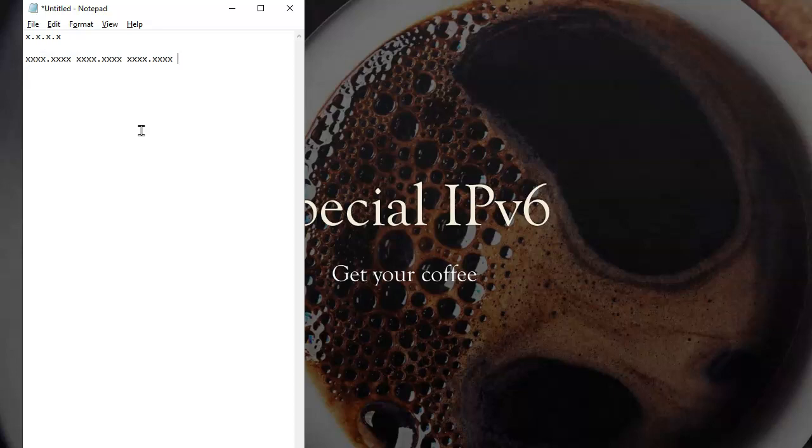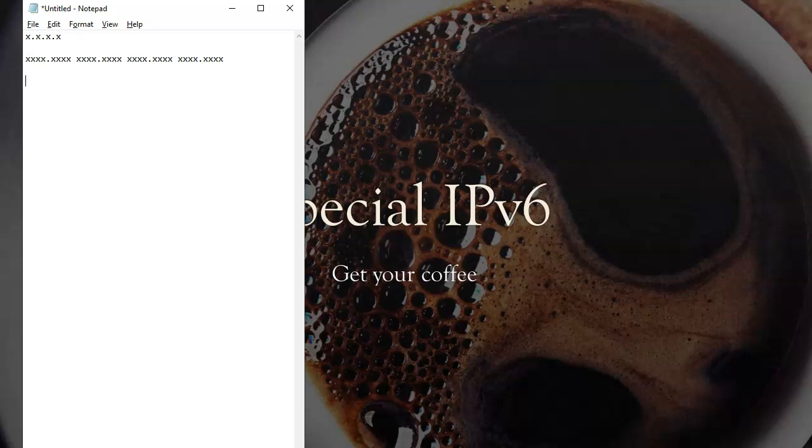So just looking at that address, you go, oh, okay, there's a lot of addresses there. 128 bits, 340 undecillion addresses in the space. We don't use that format to do it.